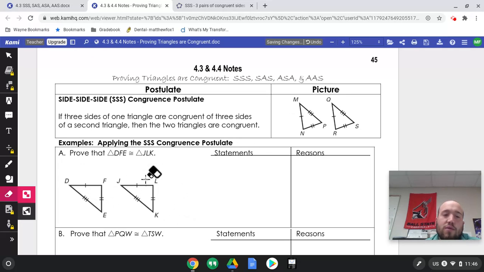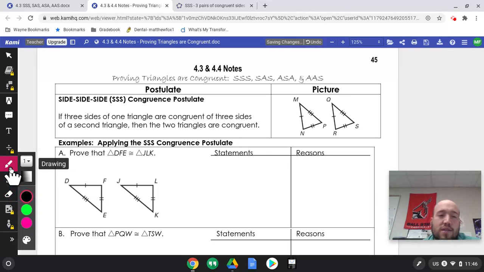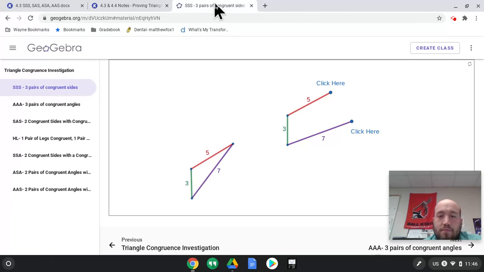The first thing I want to talk about here is the side congruence postulate. If 3 sides of one triangle are congruent to 3 sides of a second triangle, we know the 2 triangles are congruent. The reason we know that, we can see in this demonstration. This one has sides of 3, 5, and 7. Over here we have 3, 5, and 7 in the same order. I can move them around, but if these stay the same, the only way that will match together